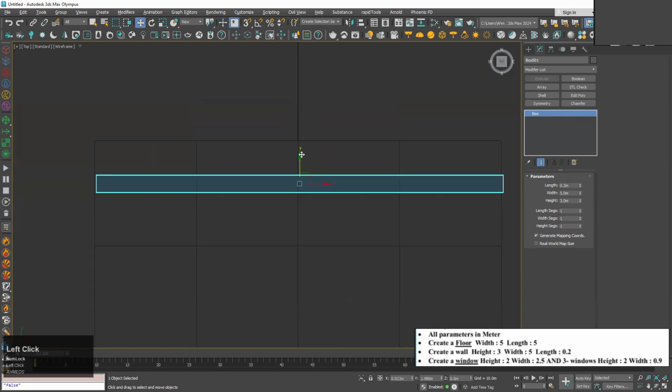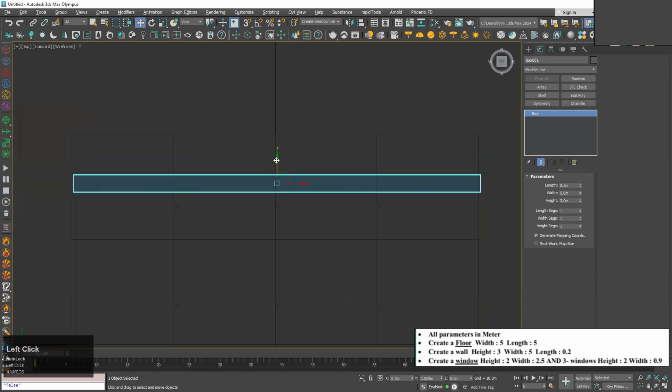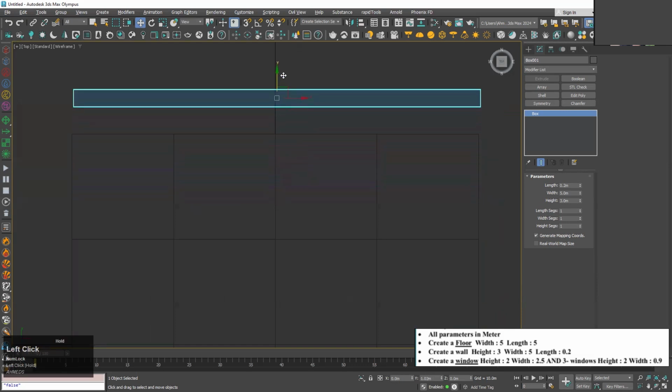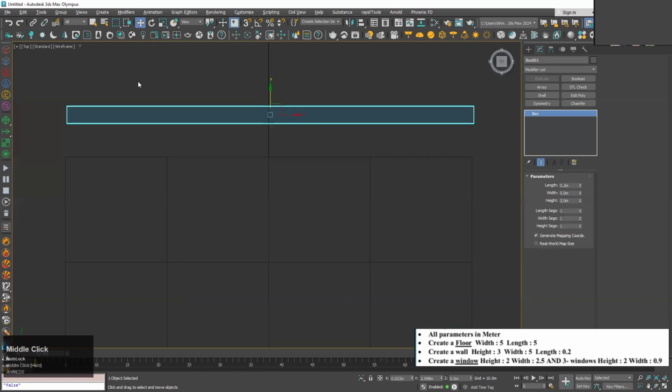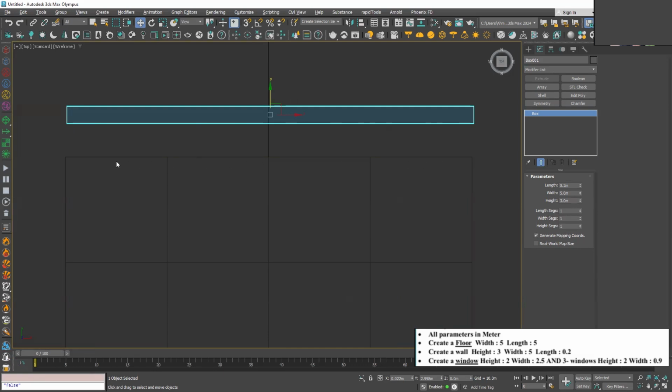If I want to move this on the y-axis, I make sure that I have selected the correct axis, which in our case is y. And if we want to move along the x-axis, I will click on the x-axis and move along this. So let's go to the y-axis and move it along the y-axis, and I want this face of the wall to be aligned with this